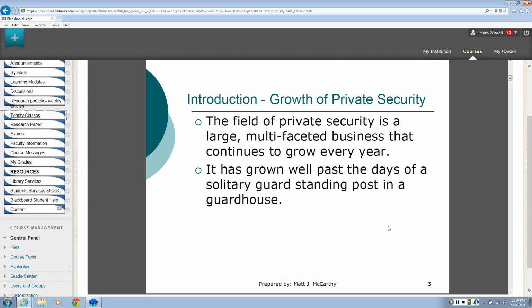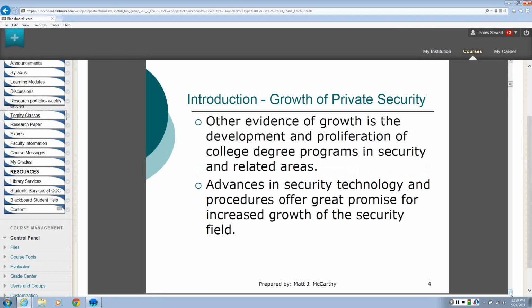point that, yes, we still have security guards, but we have security personnel, we have security professionals, we have facility security officers, we have investigations, you name it, and it's been privatized at this point. So just understand that the field of private security is so much more than just that old security guard sitting a post or standing a post somewhere.